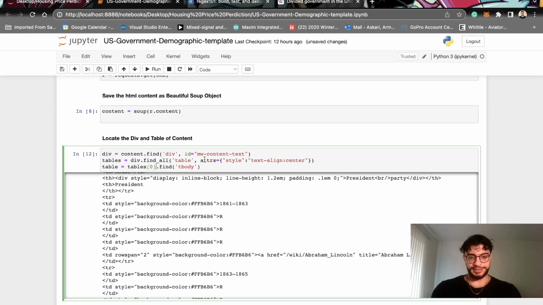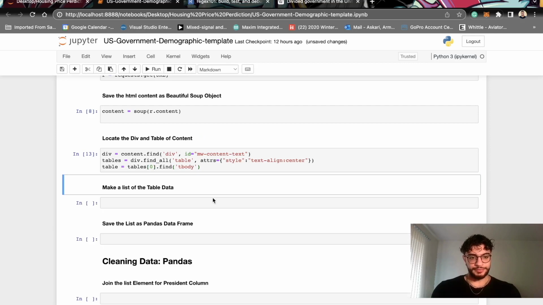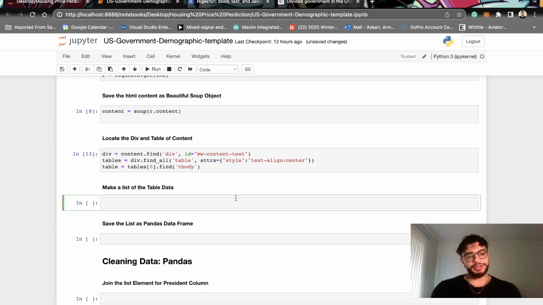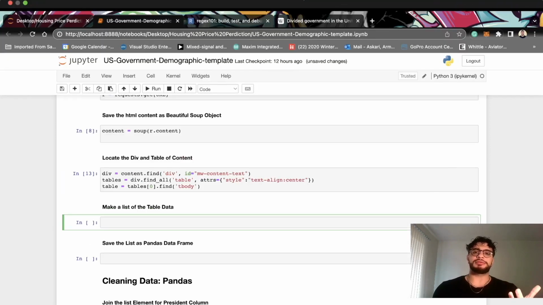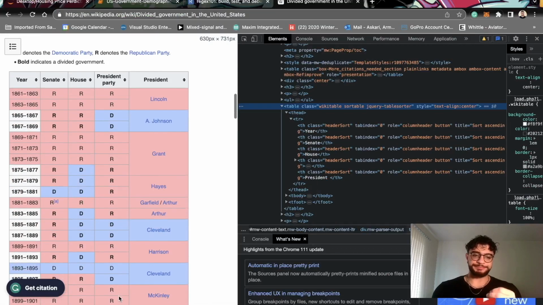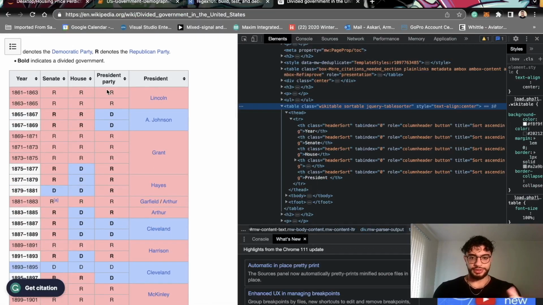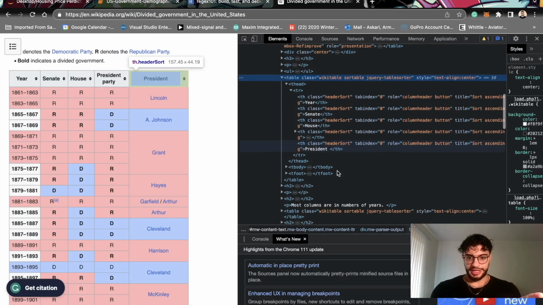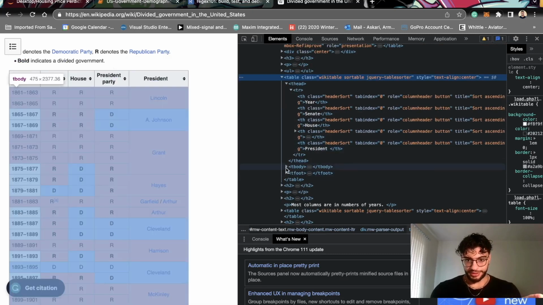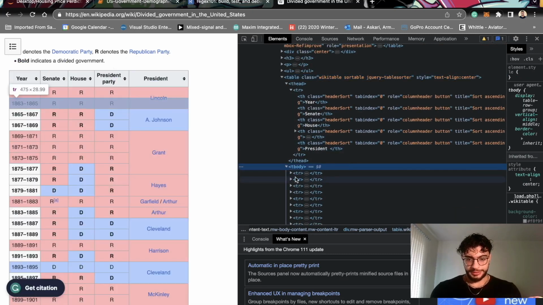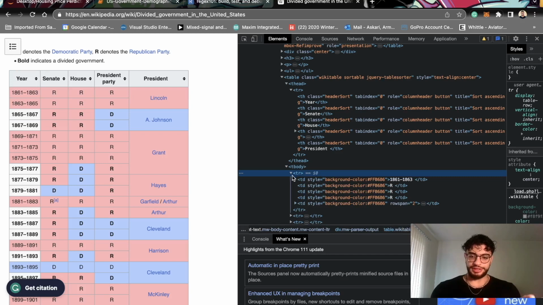I'm going to find the tbody. All right, perfect. So now we want to make a list of all the table data. Once again, we're coming back right here. Take a look at our table. So right now we have access to this whole table body, which just starts from here. And we have different table rows, and in each row we have table data,